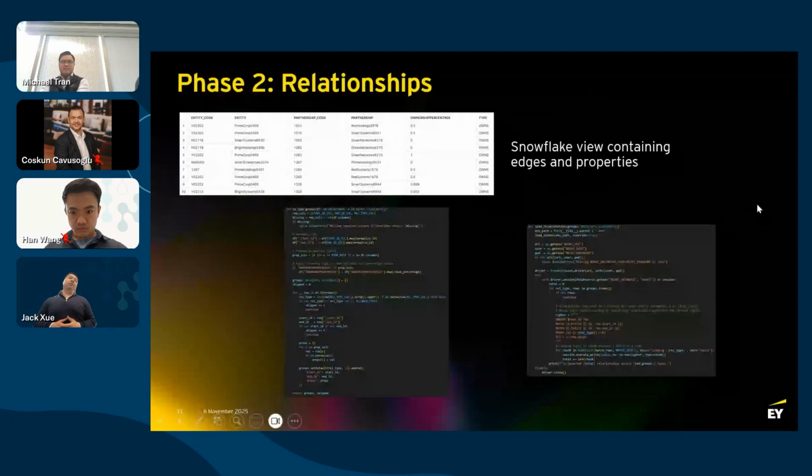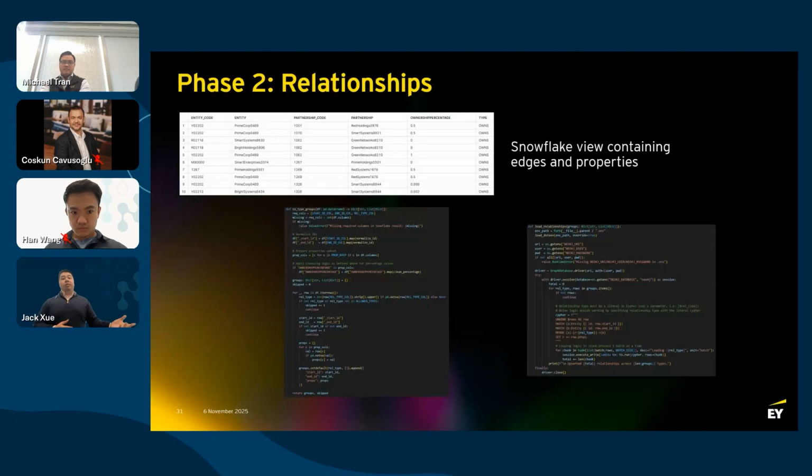And here we're at phase 2. Similar approach here: we extract the relationships from the Snowflake table, we do the transformation, and then we load all that information into Neo4j. What I would say here is we did this particular example using 2 separate tables. However, you could do all this for the same table. And that's what we actually did in the client solution.